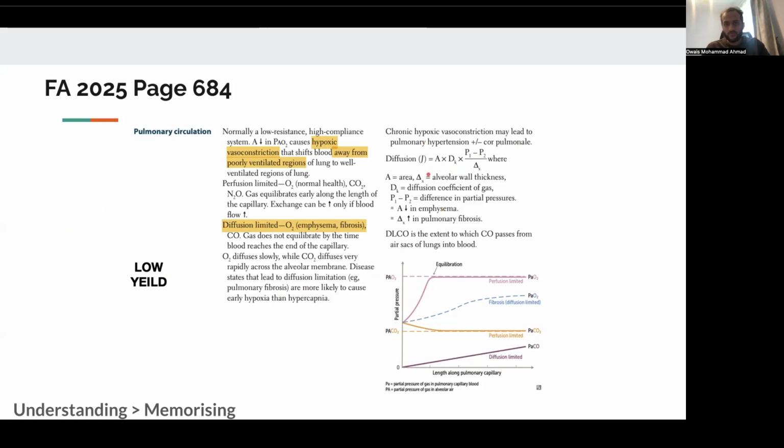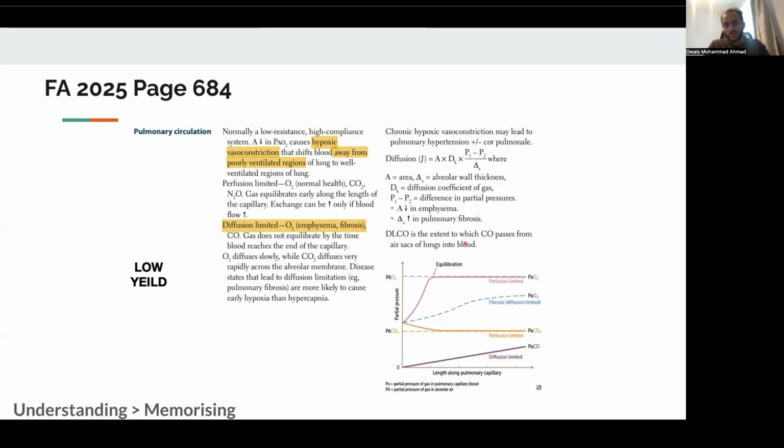So what is diffusion? Diffusion is going to be the alveolar wall thickness, times the diffusion coefficient of the gas, with the difference in partial pressure. So it decreases in emphysema and pulmonary fibrosis. The diffusion limited capacity of carbon monoxide is the extent to which carbon monoxide passes from the air sacs into blood. So we can see over here the partial pressure of O2,